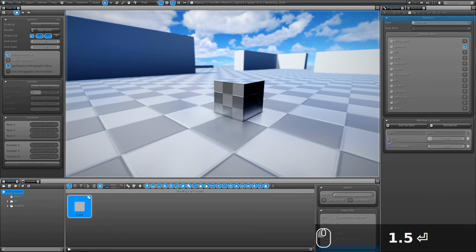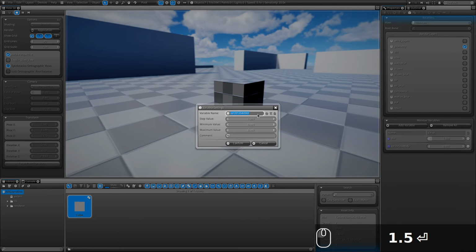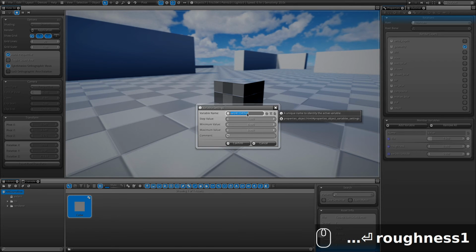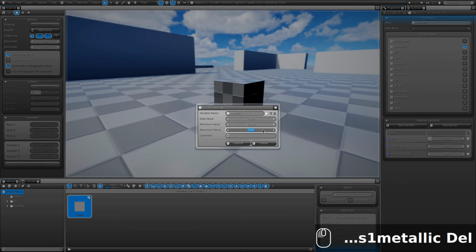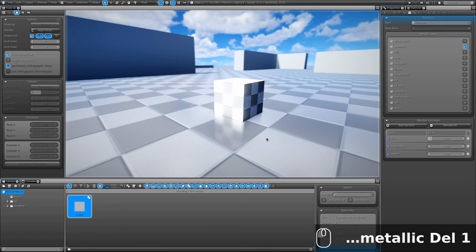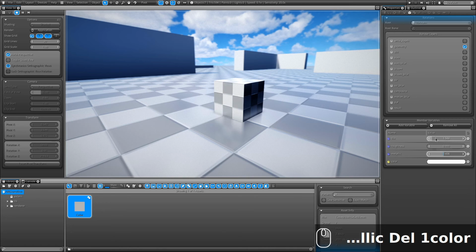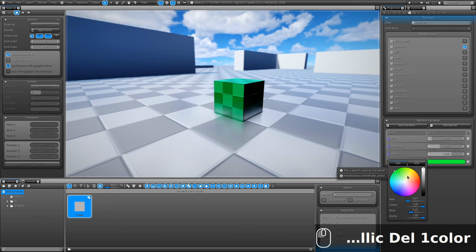I'm going to add a new variable that I'm going to call roughness this time. Specify that it will be used as a uniform, with a range of 0 to 1. I am going to add another variable that is called metallic, and that will drastically change the look of our object here. Specify that the variable is a uniform, confirm. And finally, I'm going to create a color that is named color, and I'm going to do the exact same thing. And now I am able to change the metallic, roughness of my cube and its color without affecting the